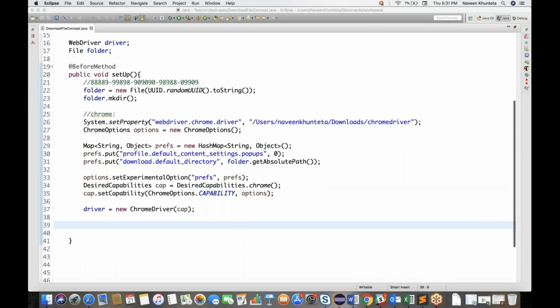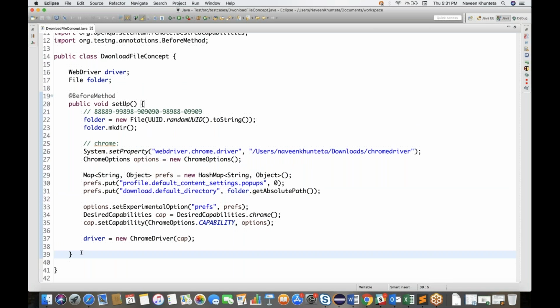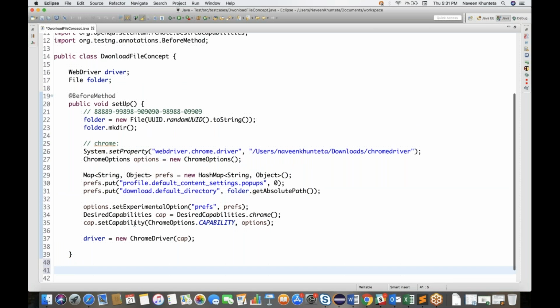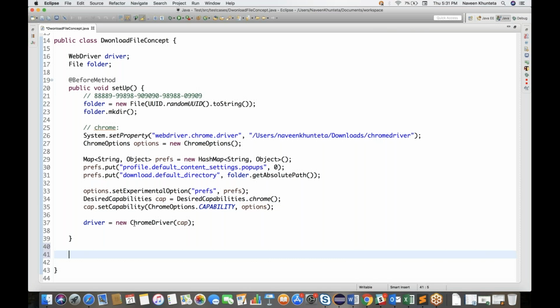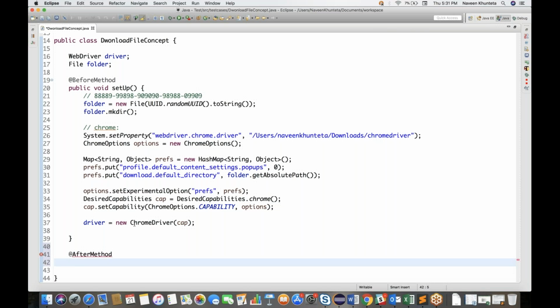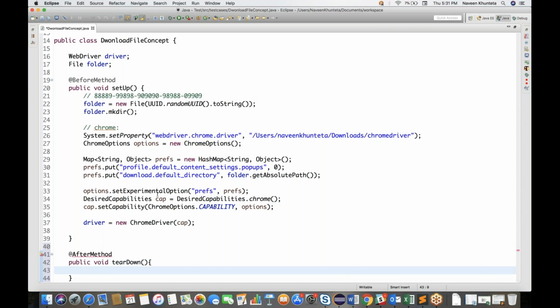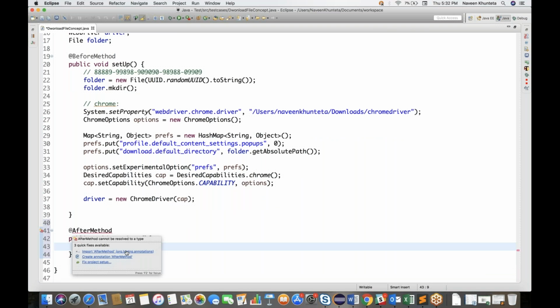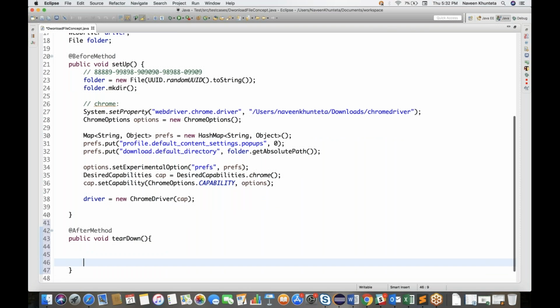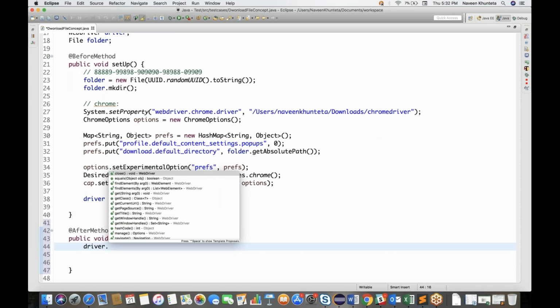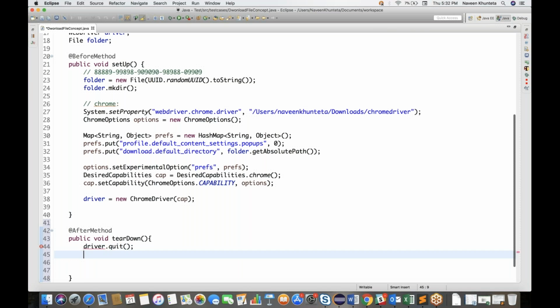So this is a setup method I have written, guys. Now what I have to do, I have to write one at the rate after method, that once your test case is done, what exactly you want to do. So let's see, this is my teardown method, and at the rate after method I'll import from TestNG, and then inside this teardown method, first I'm gonna close my browser, driver dot quit, and after that driver dot quit, what exactly I want to do,